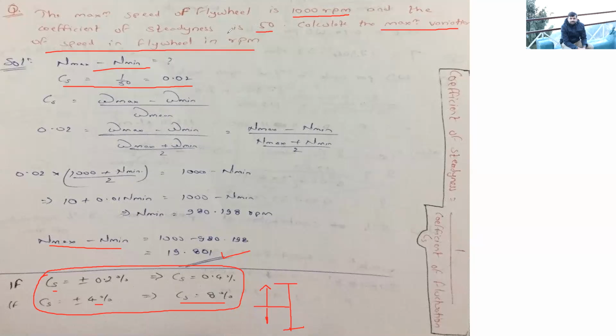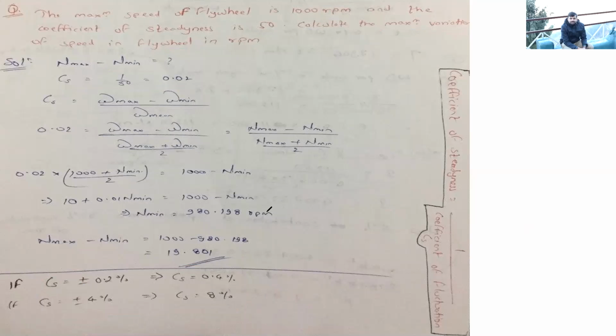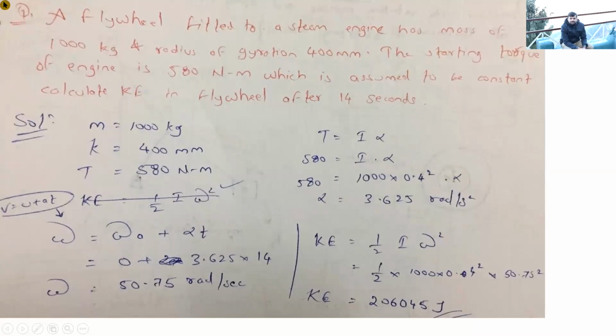If it is not written as plus minus directly, and it has been given that it is 0.2%, then we have to take this value itself. So this is for competitive examinations. If you are aiming for that, please keep in mind such points. Now, this will be the last question.